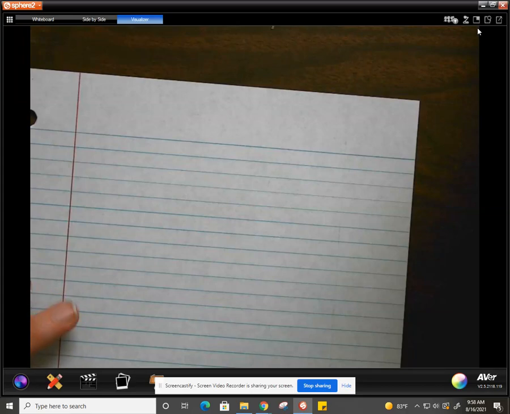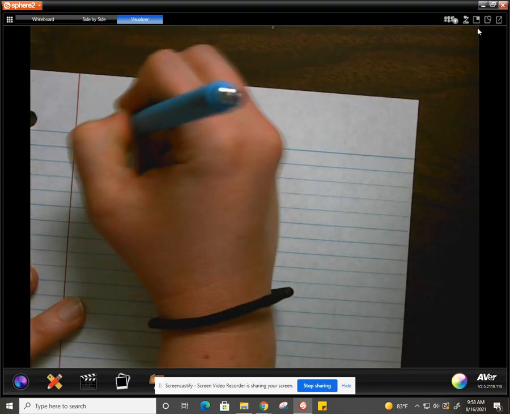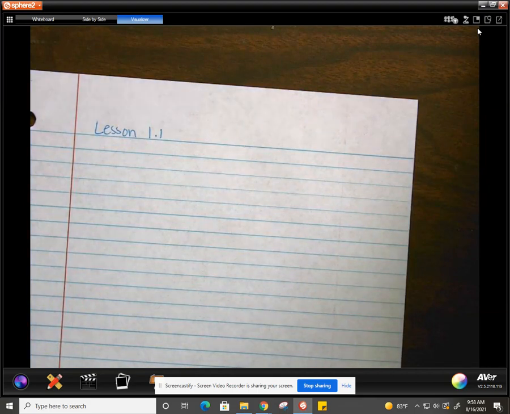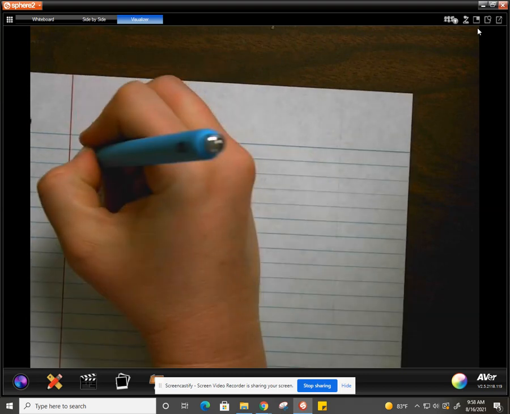All right, guys, so this is going to be lesson 1.1. Okay, you can take your notes on a spare piece of notebook paper, or if you want to put it in a spiral to keep up with all of them, that's fine. After we go over the notes, then you'll have an assignment posted in Google Classroom, and all you have to do are the odds. So a couple of definitions that you need right away is you need to know that